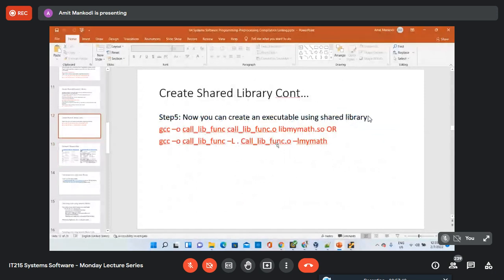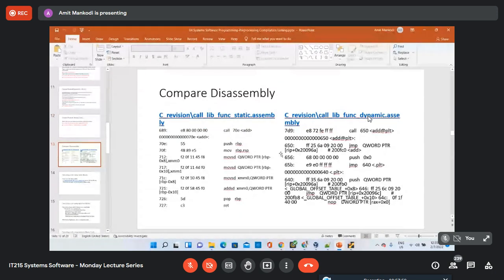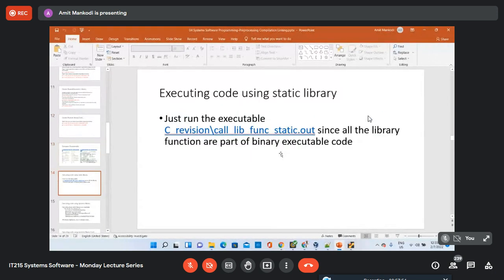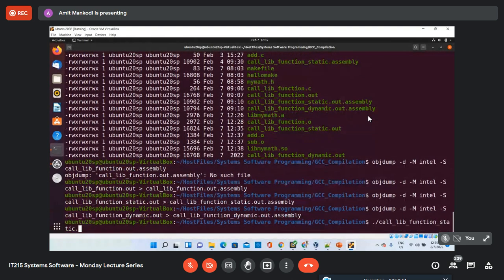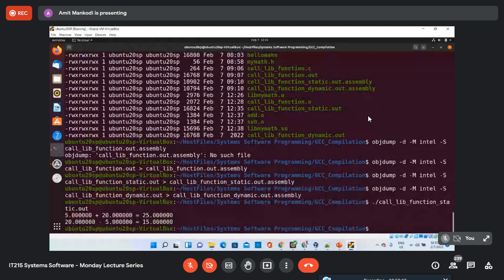Okay, so this is how we create the executable files, and as I said, running the static executable file is pretty simple. Why? Because, as we said, the object code is already included in the executable file. So all you have to do is just call that executable file name, right? And because the executable file already has the function code, there is no need of telling the executable where the